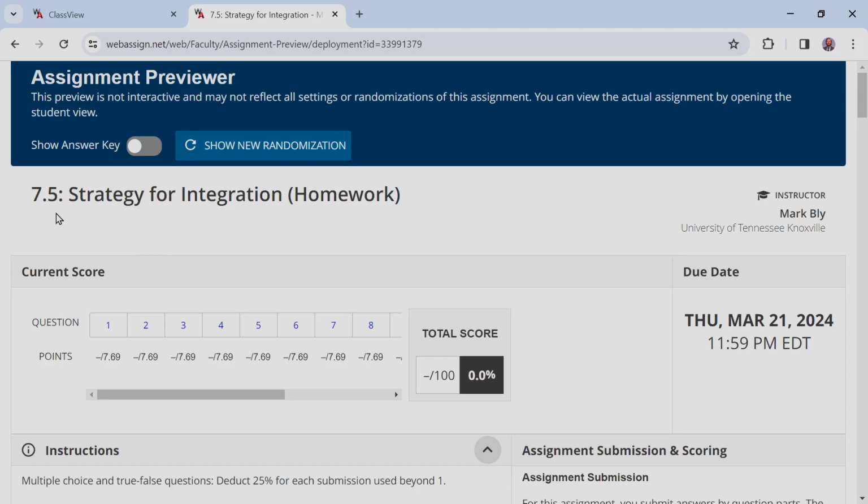In this case, we are in section 7.5, talking strategy for integration. So this section really brings together all of the integration techniques that we've seen in this course at this point: u-sub, integration by parts, trigonometric substitution, and partial fraction decomposition. And we're going to be looking at all of these techniques juxtaposed to one another, having to decide when to